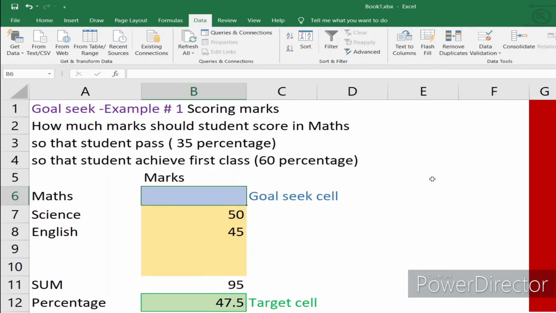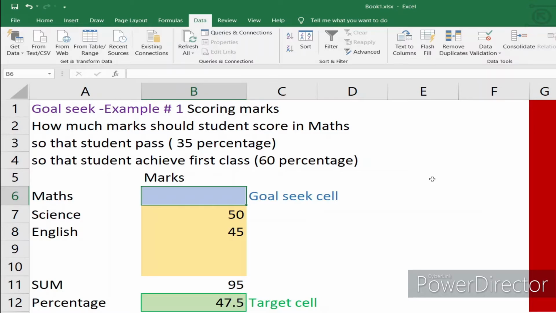So here we are on the Microsoft Excel page and on your screen you see the first example of applying GoalSeek. Subsequently we'll be going through multiple examples. As we proceed, the complexity and variety of the examples will grow and you will appreciate when GoalSeek can be used and when it cannot, what to do and what not to do. So basically GoalSeek is a solution-giving tool in Microsoft Excel wherein you can put in a condition for a target value and then decide what is the goal that one needs to achieve so that the target